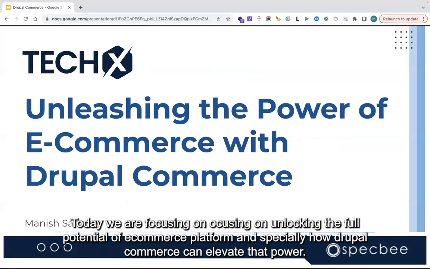Okay, so today we focus on unlocking the full potential of e-commerce platforms and especially how Drupal Commerce can elevate